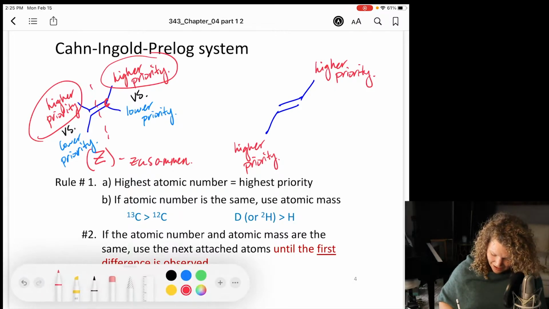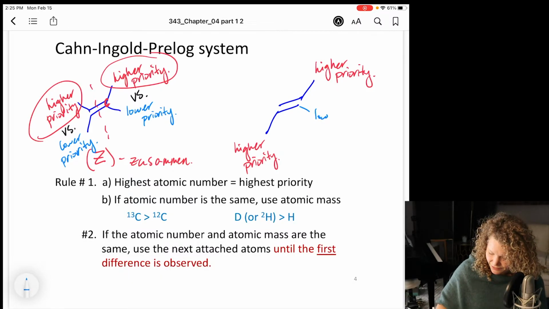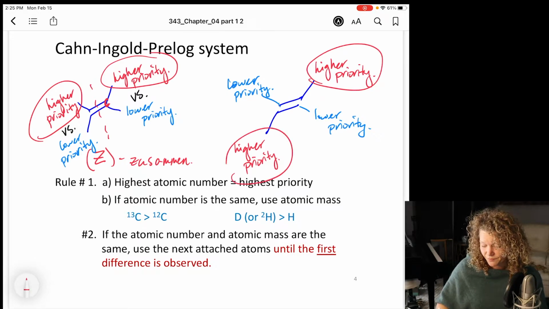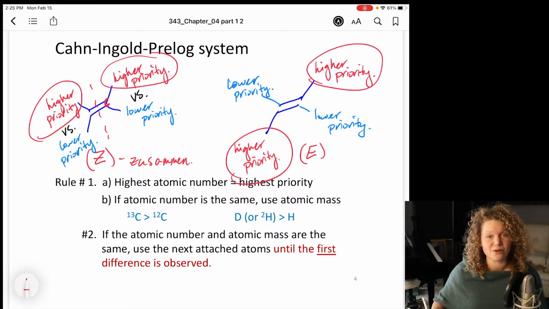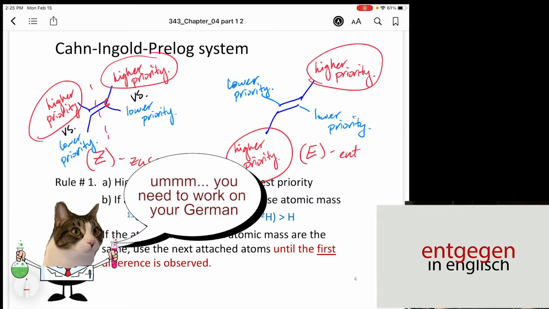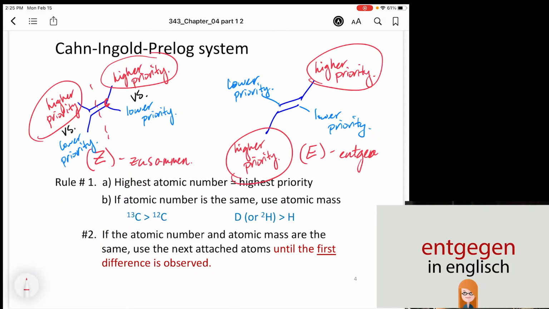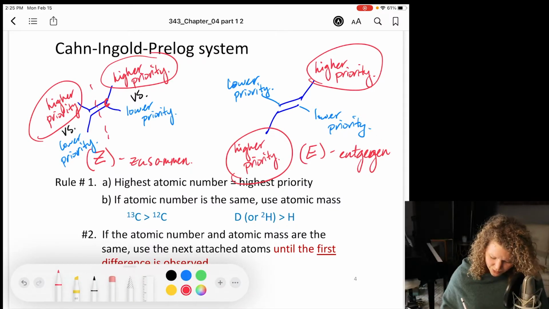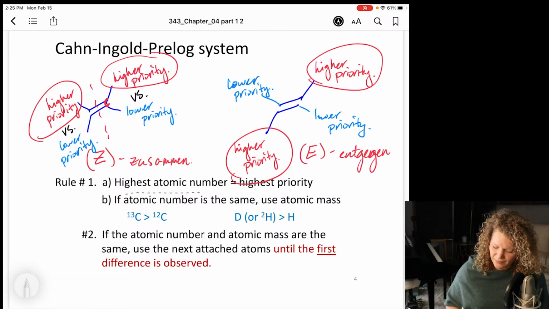And that would mean that we have our lower priority here. This will make sense in just a minute when we go over examples together. So our higher priority groups here are opposite of each other. This alkene would be labeled an E alkene, and it's from a German word, entgegen, auf Englisch, opposite. So in these rules that I have listed below, I say that the highest atomic number is the